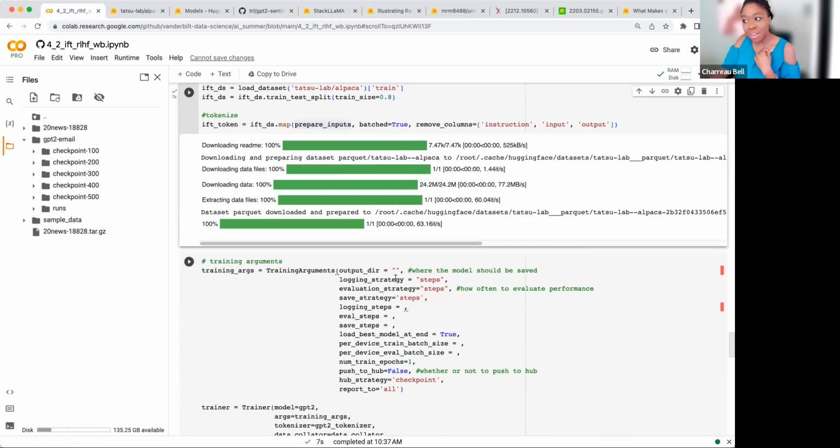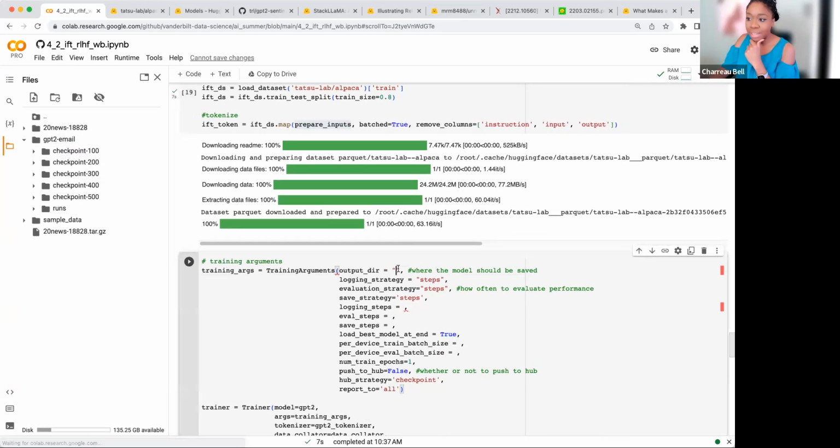Here, you know what we can do? We have this GPT-2 email thing. That's the thing that we kind of pre-trained more. And now we can save this next one a little bit separately, because now we're getting into supervised fine-tuning. So if we ever came to the point where we didn't like the supervised fine-tuning that we did, or we wanted to do something different, we could go back to this checkpoint, restore this one and keep training. So we're going to store this as a separate directory altogether. And let's call this one gpt2-email-supervised.